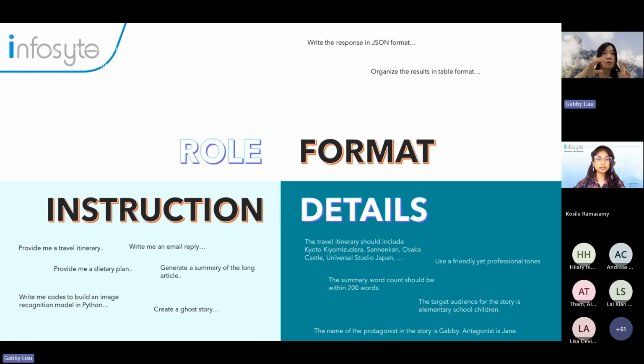ChatGPT has been trained with a lot of information from different domains. So now you are narrowing down the scope, asking ChatGPT to look for information from the marketing domain because you ask it to be a marketing expert who has worked in the industry for over 10 years. That's your first thing to write down.